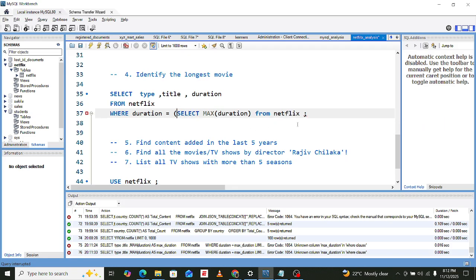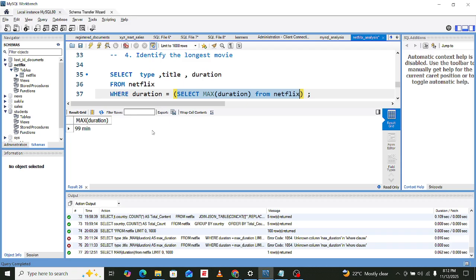Should it be something like this? This one is a subquery, where you can just run this, and you can see that the max duration is 99 minutes, right? And then she's trying to compare this to the duration.